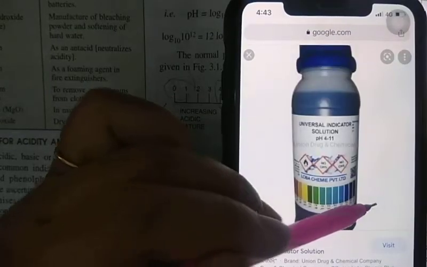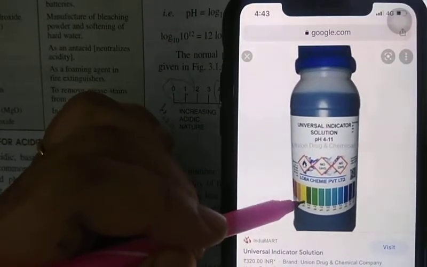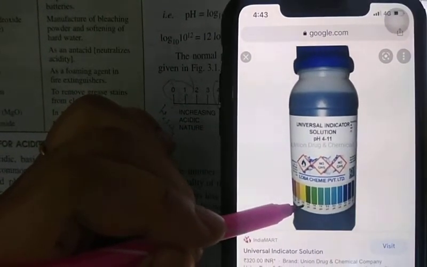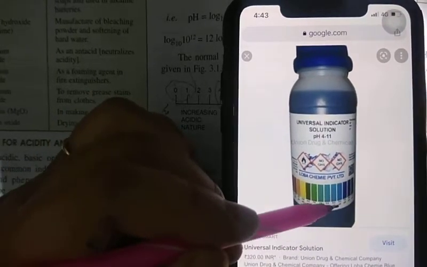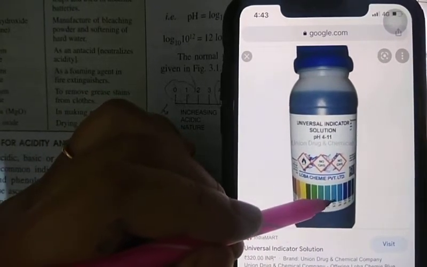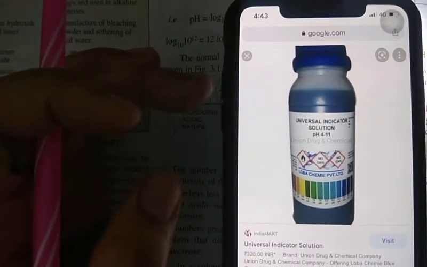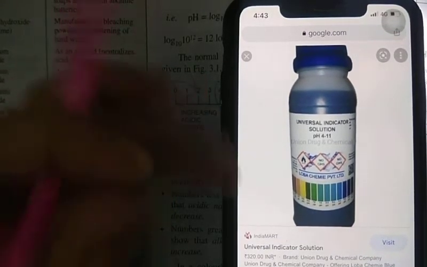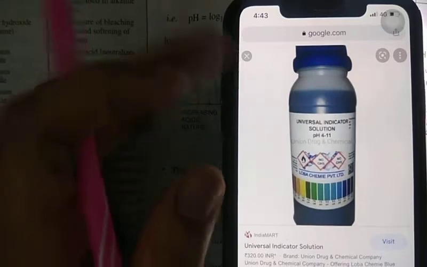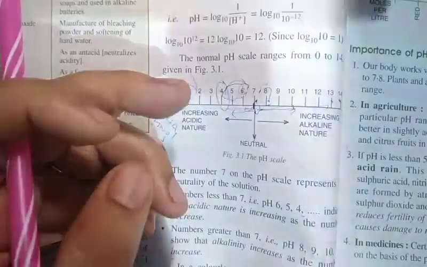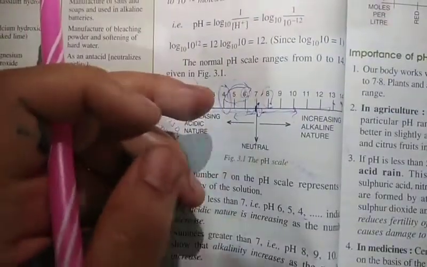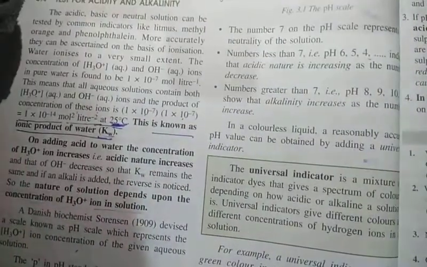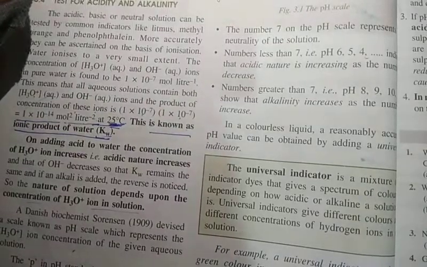If its color changes to yellow, say yellow, then it means it belongs to pH 5 or 6, it is a weak acid. Or if it goes to blue, then it means it is a base, a weak base. So this is how it goes. With universal indicator, maybe we don't need to dip the strip in the test tube. Instead, we put 2-3 drops of this universal indicator in a test tube, and the color changes and we get the exact color explaining the acidity or the basicity of that liquid. All right.